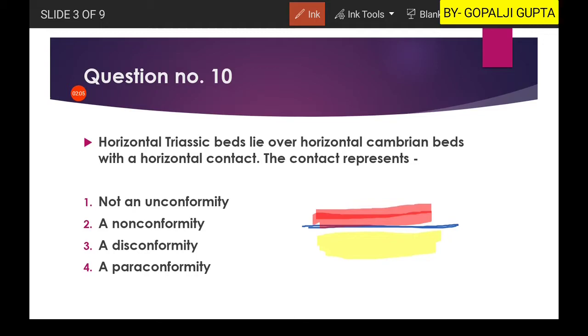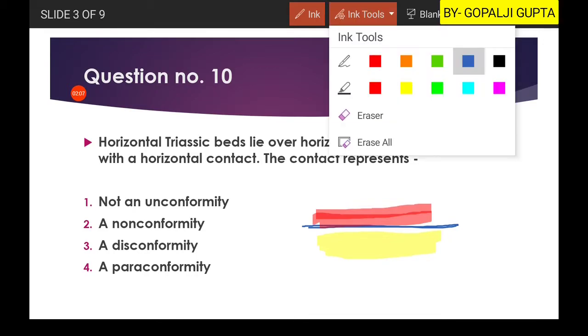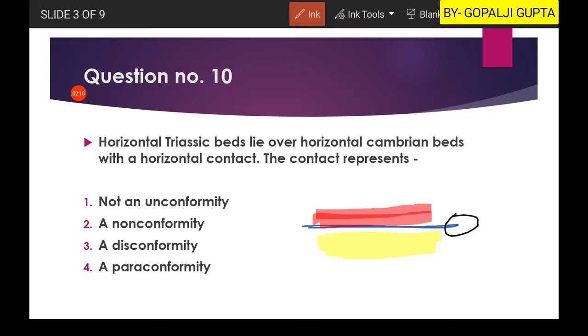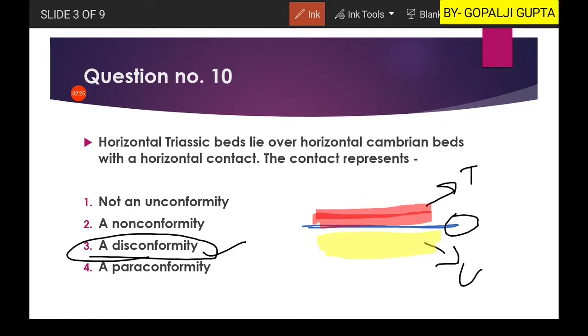So now we have to identify what we will call this contact. You may be confused with disconformity, that is the unconformity between two sedimentary rocks. Here we have two sedimentary beds, one is Triassic and another is Cambrian. And if you remember the geological time scale, you know that between the Triassic and Cambrian we have the Ordovician, Silurian, Devonian, Carboniferous, Permian, then we have the Triassic. So this is the time gap,